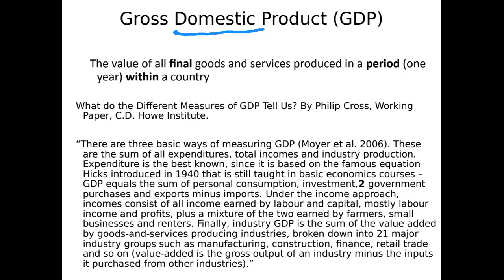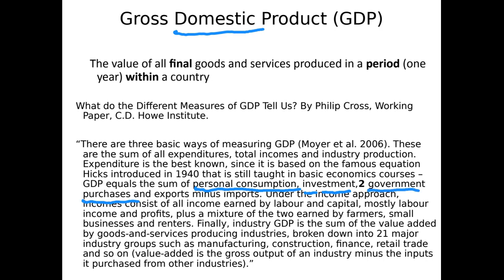So let's read this further. Expenditure is the best known since it is based on the famous equation Hicks introduced in 1940 that is still taught in basic economics courses, right? So in our textbook, GDP equals the sum of personal consumption, that is one type of expenditure, which I showed you in our circular flow model, which was a very basic model. Investment expenditures, you see that investment expenditure as well, because it is actually from savings. Government expenditures,